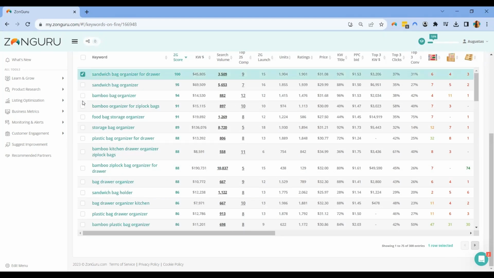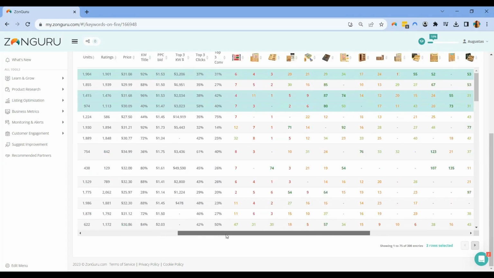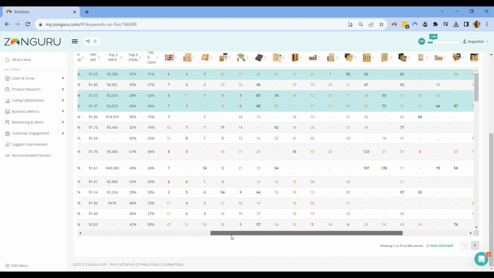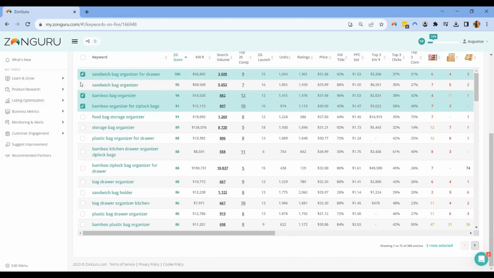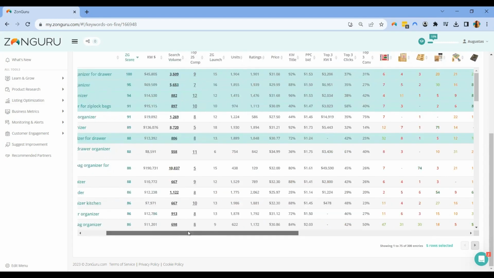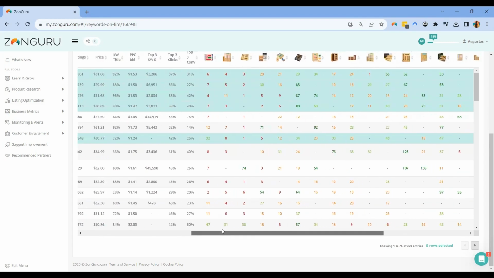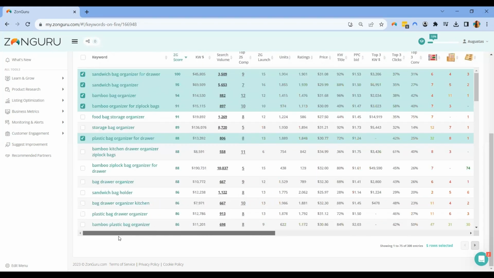So what I would normally do is select those keyword phrases that most of my top competitors are not yet indexing. The ones that we are selecting right now are in columns that have more green colors. Red means that this competitor is already ranking in the top 25. Orange means medium competition, and green and light green mean less competition.